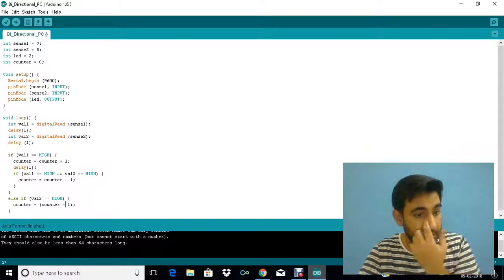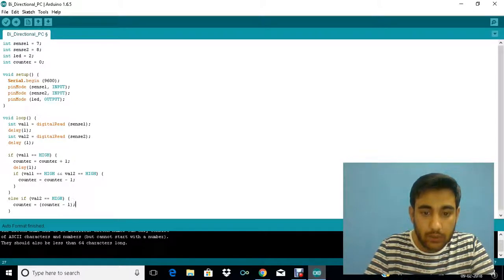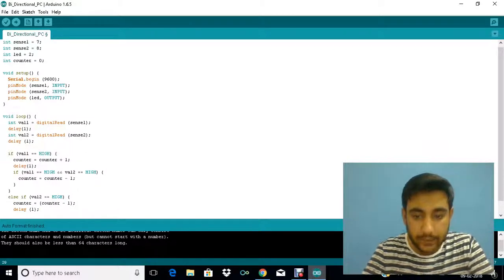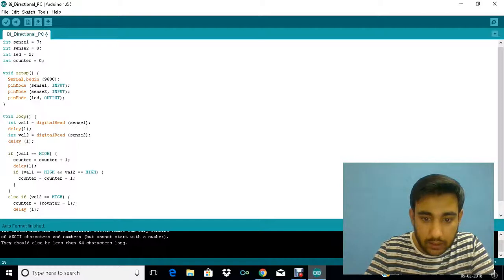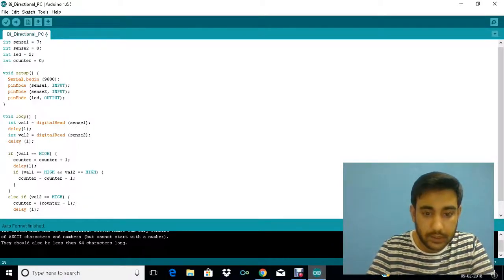Press Ctrl T to auto format it. Okay, so counter equals counter minus 1. Then again we delay it for 1 millisecond. We move on to the next line, wherein we write the same code that we wrote previously, but the opposite of it. So what we're going to write is if